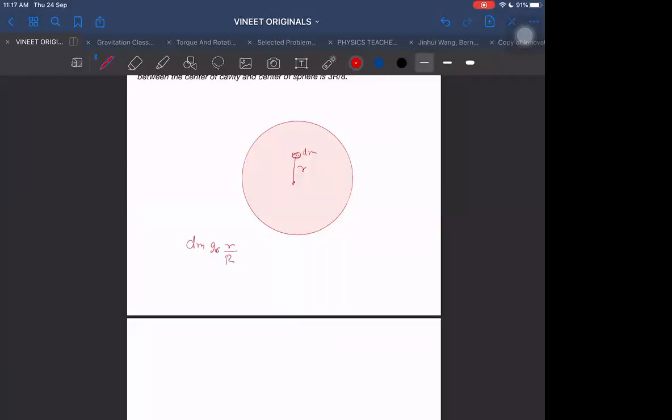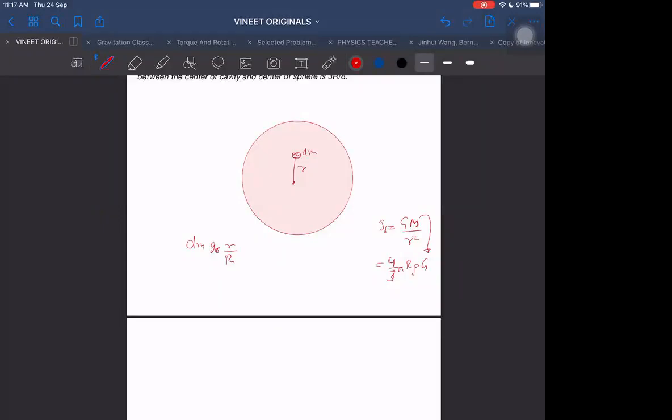Or in another way, g at the surface is equal to GM by R square, or it is 4 by 3 pi R rho G. That also we can write. We should know this also, in terms of rho also. If you find it very difficult to learn, then no need, you can always convert from mass. Otherwise, if you can remember, then it will save a little bit of time. You can always come from GM by R square. You can put M as 4 by 3 pi R cube into rho, and we will get the answer quickly. It will not take much time. We can do it fast.